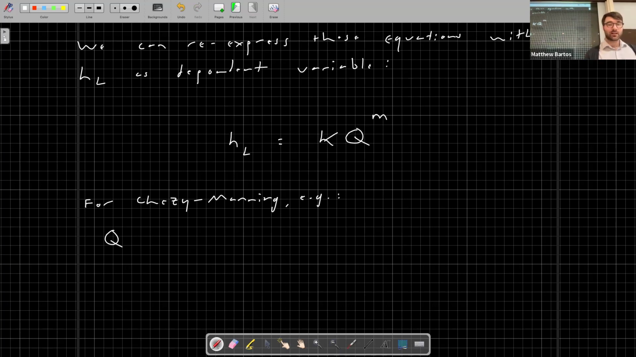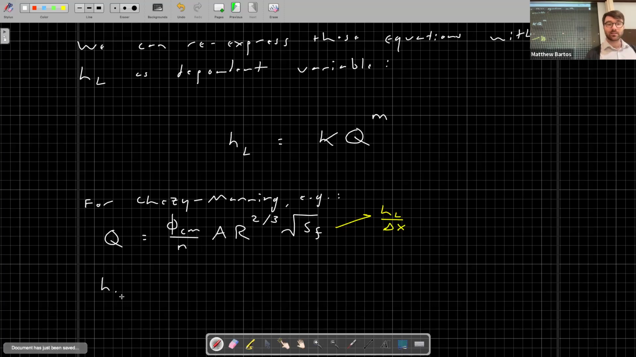We have that the discharge is equal to phi divided by Manning's roughness times the cross-sectional area times the hydraulic radius to the 2/3 power times the square root of the friction slope. The friction slope we know is equal to the head loss divided by the length. So we can re-express in terms of the head loss. We'll get that the head loss is equal to, specifically for a circular pipe,